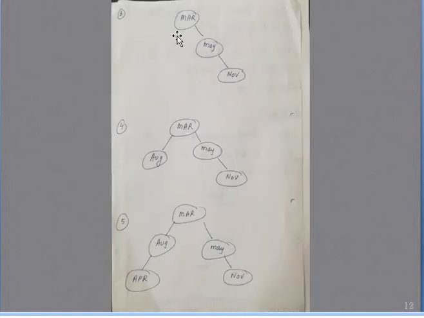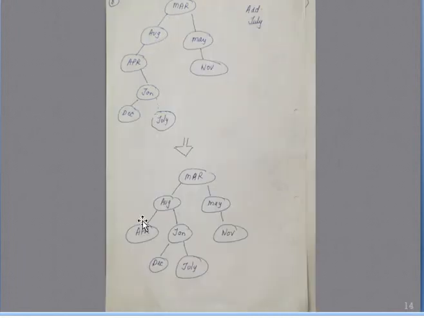The next element that we need to insert is November. Compared with March, November will come on the right side. Next is August, which will come as the left child. Next is April. Checking AP, that is smaller, so it will come as a left child node of August. Next element is January. Checking here, it is lesser than the root node value. Alphabetically, January comes as the right child node of August.